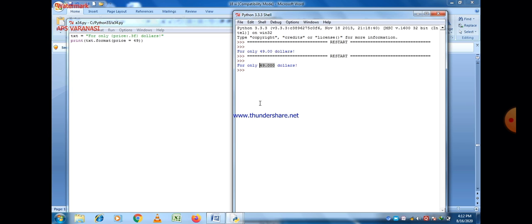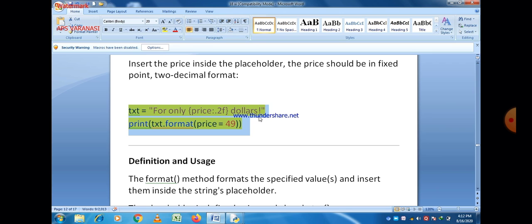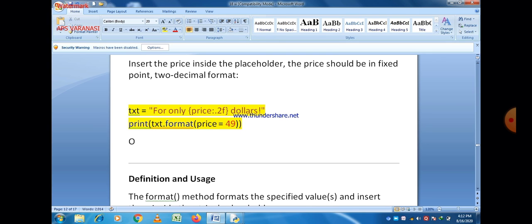So we just format a specified value in this case. The format method formats the specified value.